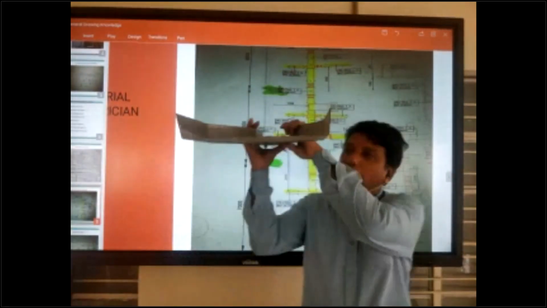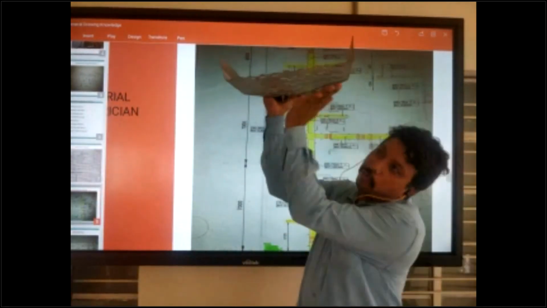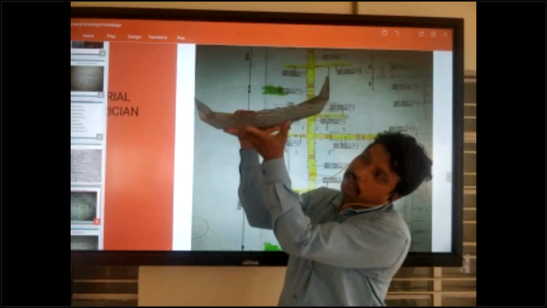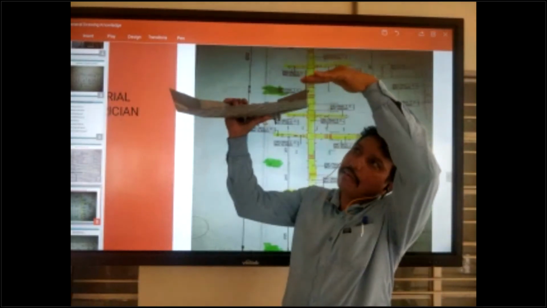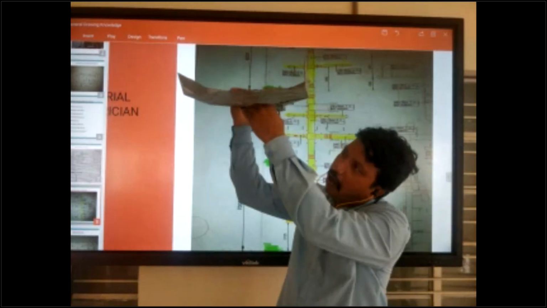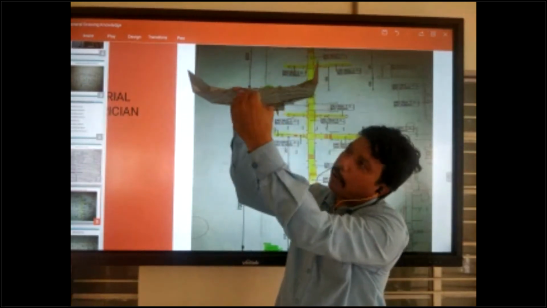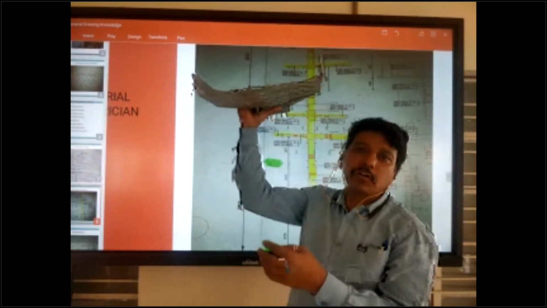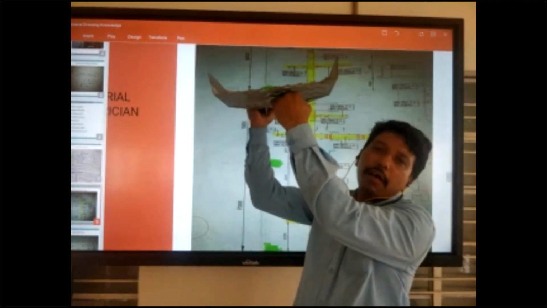Okay, this is your cable tray. This one is the bottom. This is high level and bottom. For finishing floor level, you can take the measurement at the bottom. This is the bottom of the cable tray. BOT: bottom of tray, bottom of the tray.